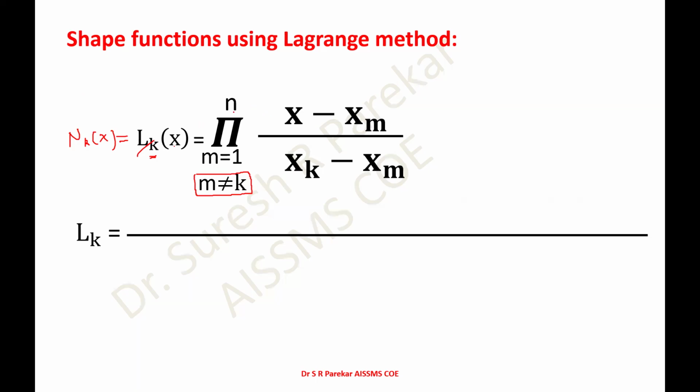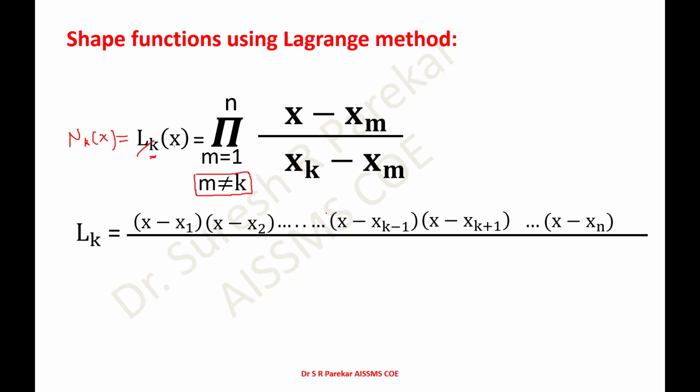So now from this we are going to get Lk equal to. Let us say we have n number of nodes. So we have first x minus x1, then x minus x2, then we are going to consider x minus x(k minus 1). So the first term is x only, and the value of m we are going to change from 1 to n, but m is not equal to k. Now we have x minus x(k minus 1), but we do not have x minus xk. Therefore, the next term is k plus 1, so xk we are not using, and then we have x minus